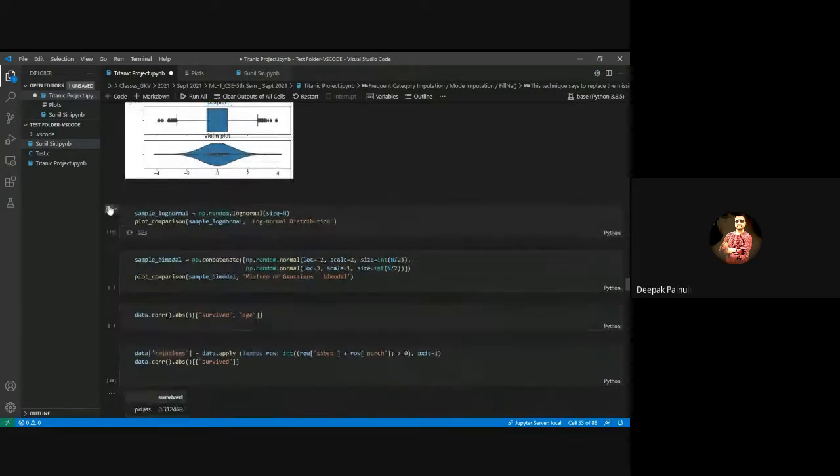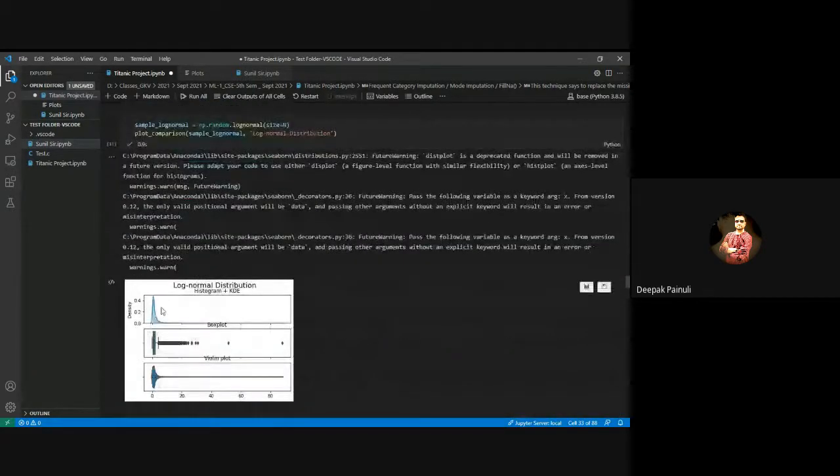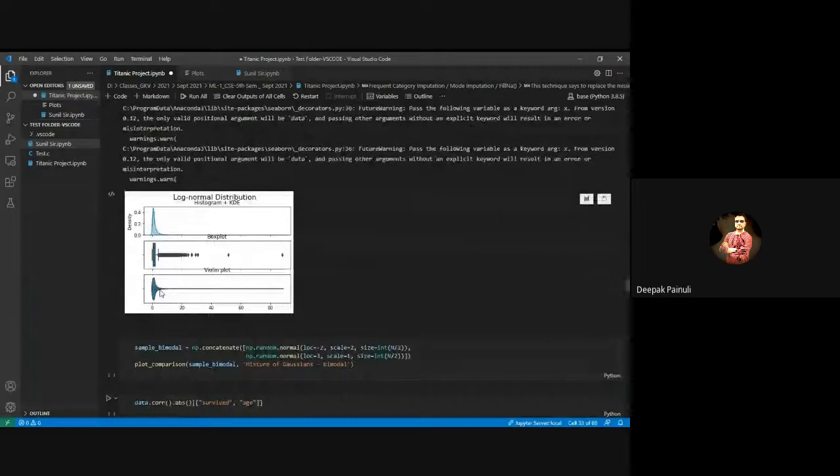In the same way, if your data distribution is like this, then your box plot will look like this, and the violin plot will look like this. See, the tail is very long. That means you have some outliers. In the box plot, you can check there are some outliers.